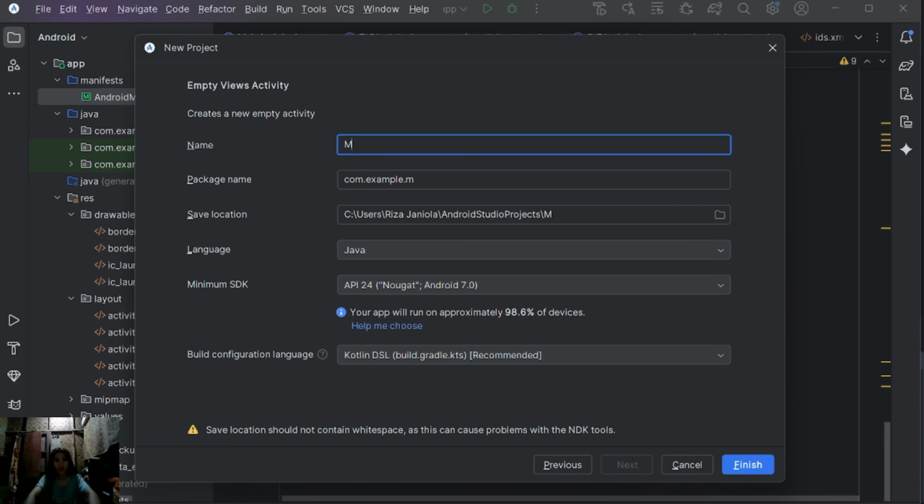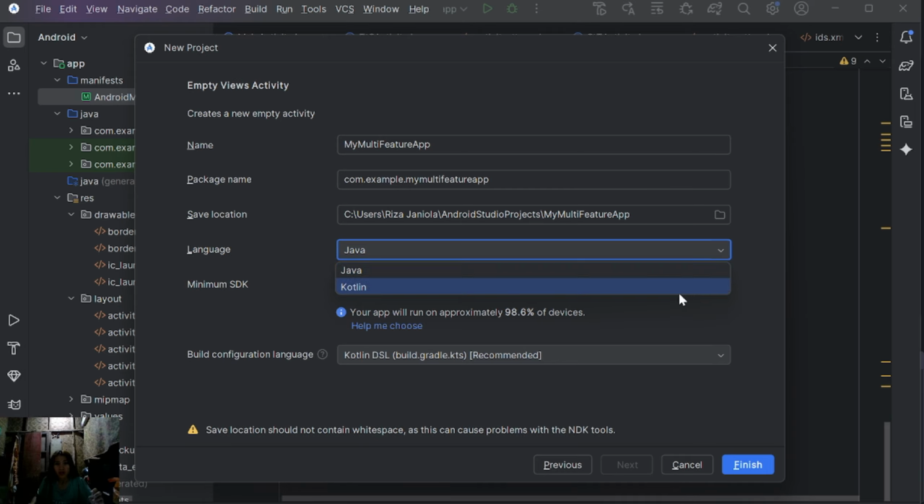So my choice is my multi feature app, and here of course you have to set the language.